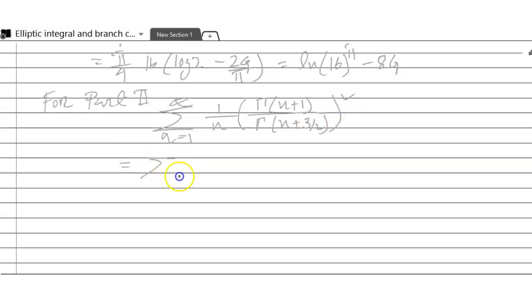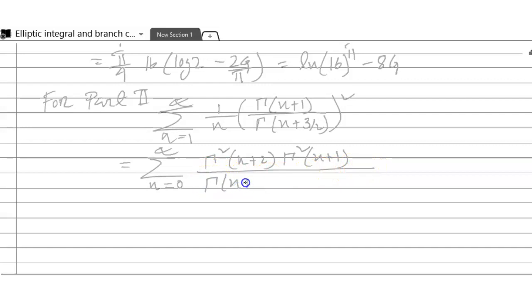It can be represented this way: n equals 0 to infinity, gamma square. Friends, I just calculate; you will calculate this yourself. Then you can get this way: gamma square n plus 1,